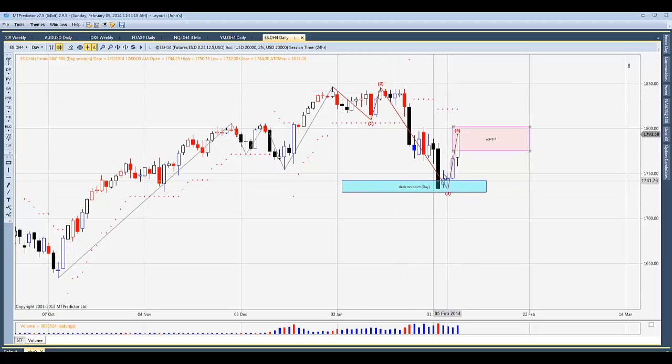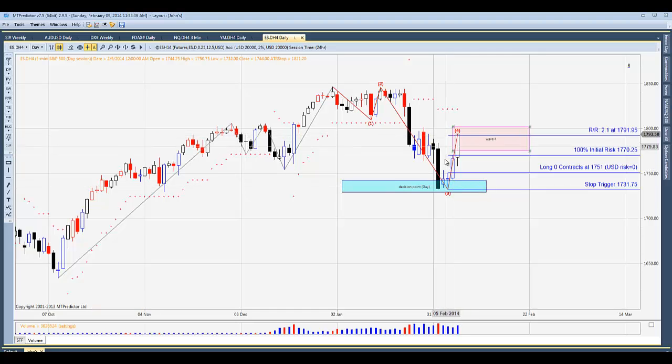Now, because it's a wave 3, we don't typically want to buy a wave 3 into wave 4, because there's probably not enough risk reward here if this ends up being the high of the move before things roll over into wave 5. But if you were a buyer at this point, we can even check the risk reward down here. Let's just see to this point here. Well, you've got twice your initial risk off of the candle here. Either one of these probably would have worked. And so, worst case, if you think this is going to run any further,